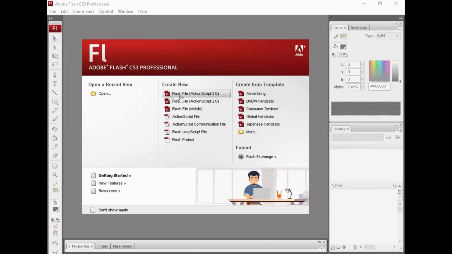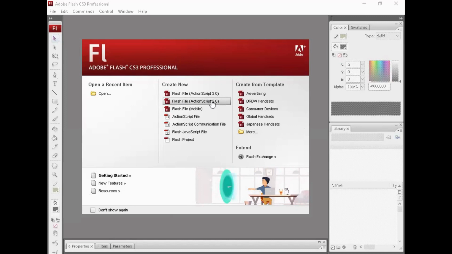Okay, we can choose this file with ActionScript 2, and next I will teach you on animation using ActionScript 3. Okay, now you can start this.